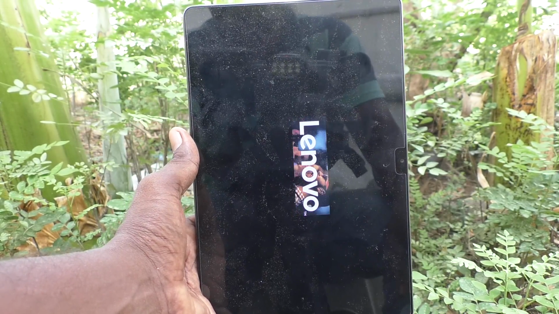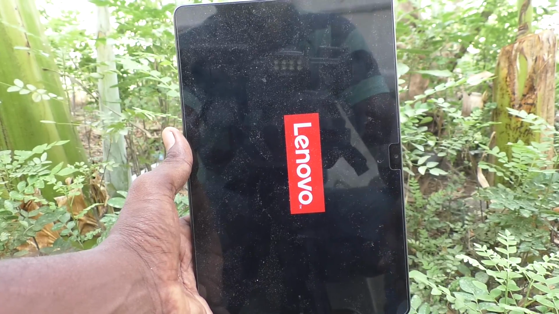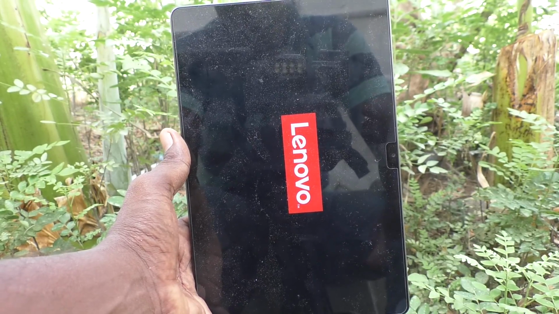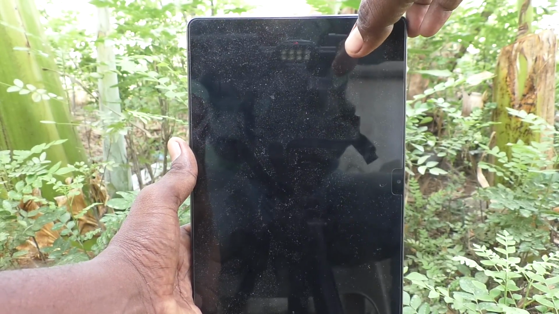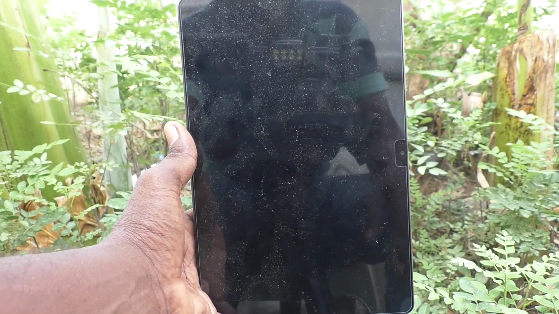So in this way you can easily switch off or power off your tablet. You have two methods: through notification area, clicking on soft key you can power off. Otherwise you can use this hard key, that is power key. If you long press it, the power off menu will appear, and there you can select power off, then click